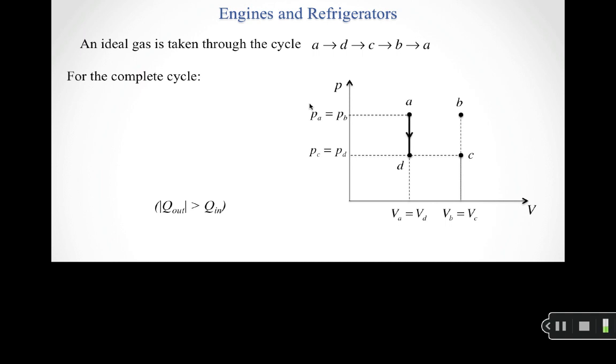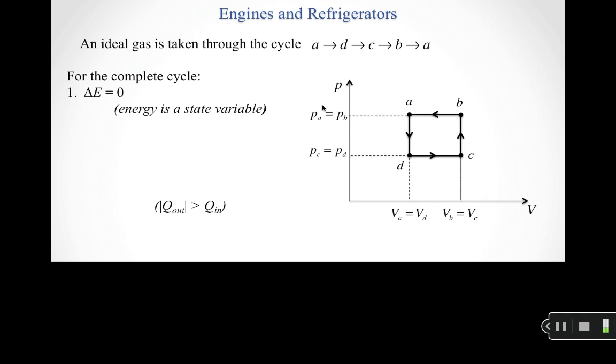So let's go back to the beginning. And this time, let's turn our cycle around. So instead of going A to B to C to D back to A, let's go A to D to C to B back to A. And so what you'll notice is instead of going clockwise around our cycle, we've gone counterclockwise.